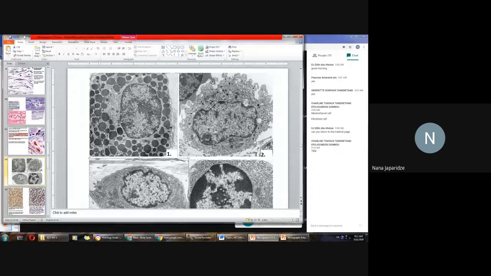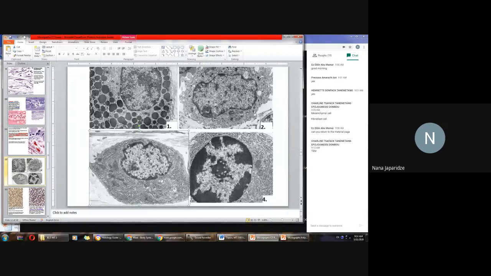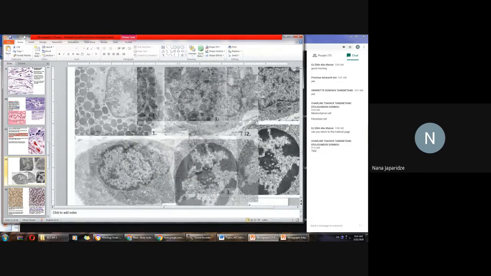So what type of cell is this one? This is mast cell. Do you remember mast cell? What is mast cell doing in the connective tissue? For example, inflammation during allergy response? Yes, exactly. So what about this one, for example, plasma cell? This is plasma cell. And what you have to remember when you try to identify,